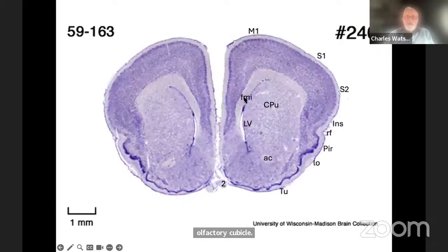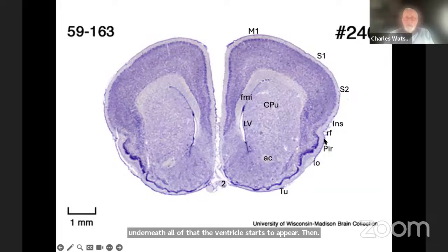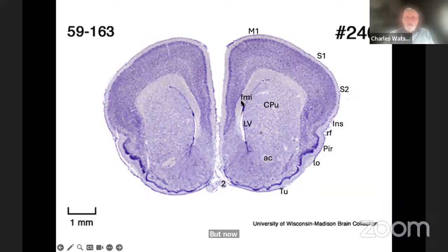Go back a little bit further, and there's a lot more neocortex now. Once again, M1, S1, and now S2 as well, and the insula. And we can still see the piriform cortex and this rather wrinkly appearance, which is characteristic of the olfactory tubercle cortex. But now, a big lot of white matter underneath the cortex is about to cross the midline. That'll be the corpus callosum just there.